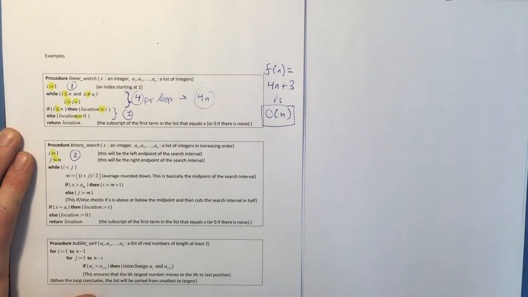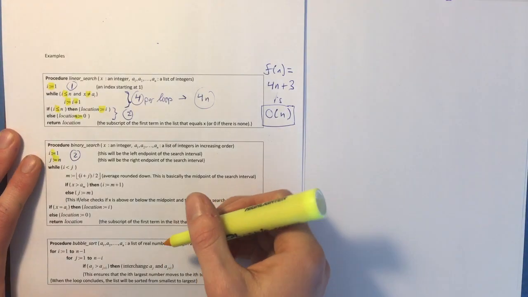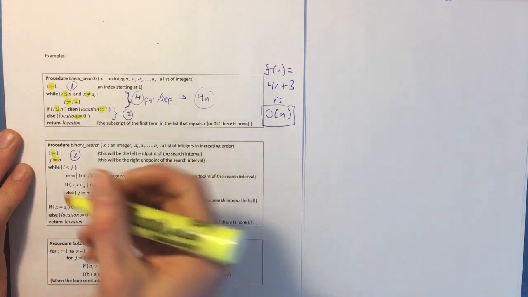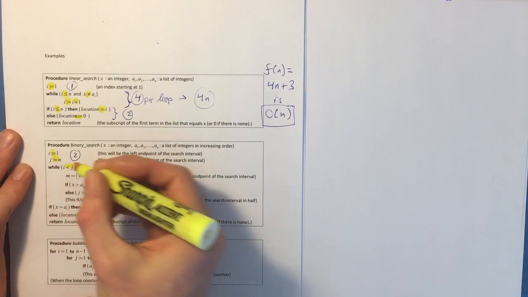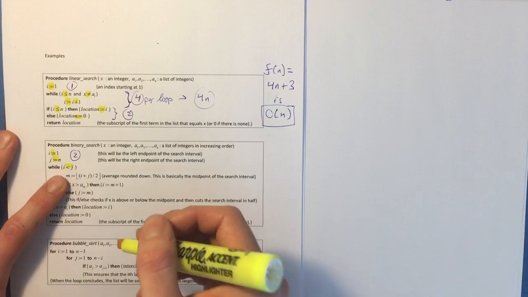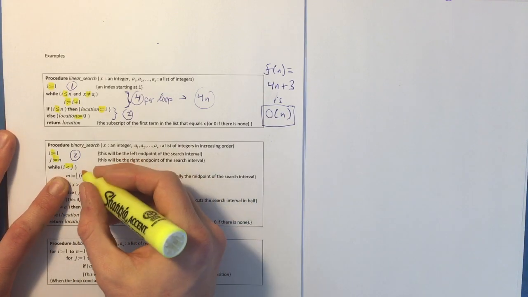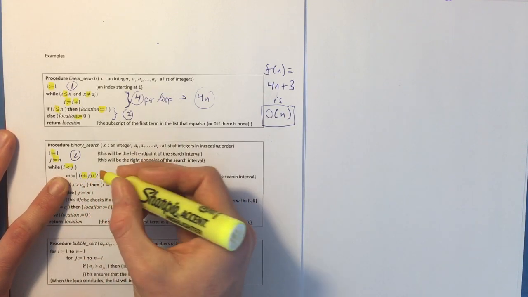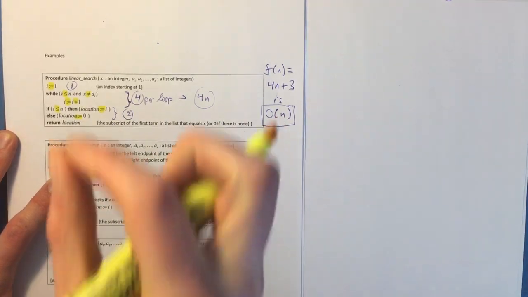Now then we start this while loop, and the while loop is going to spin around some number of times. Let's figure out how many operations are going to occur per loop. Every time the while loop runs, we have to perform that comparison. And then we have this m calculation. So we're going to add i and j, divide by 2,